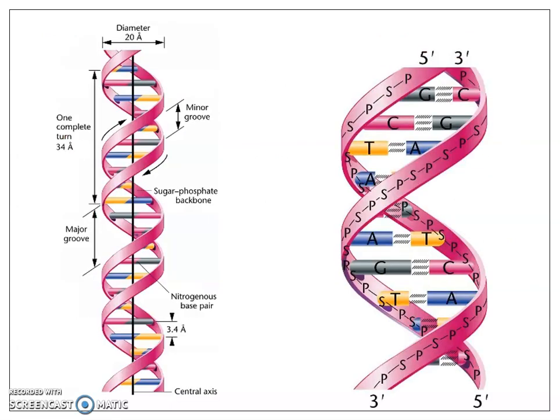Now, this is the structure. You have to learn to draw the diagram. You can see here, this is one turn of the helix, and the whole turn is 34 angstrom in length. And you can see there are 10.5 base pairs, 10 base pairs in a single